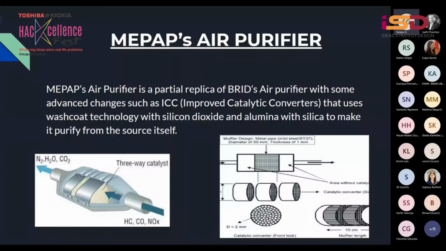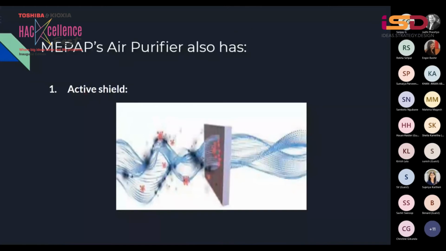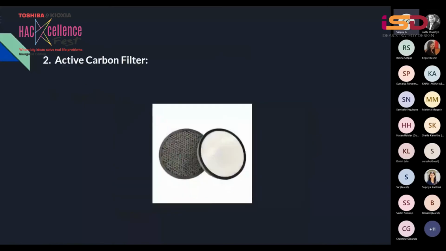It is a partial replica of Brit's air purifier with some advanced changes, such as improved catalytic converters that use wash coat technology. As you can see here, it's a wash coat technology which uses silicon dioxide and alumina. And MEPUP's air purifier also has an active shield, active carbon filter, honeycomb active carbon filter, HEPA filter, anion generator to generate negative ions to make us free from pollution, and an air pollution sensor